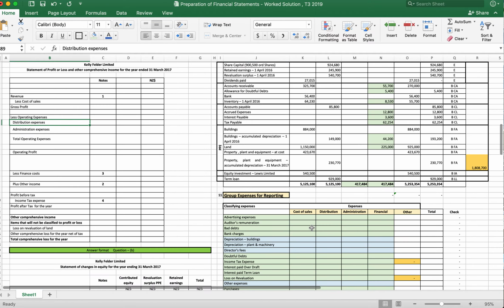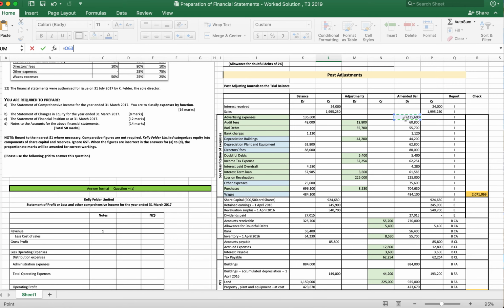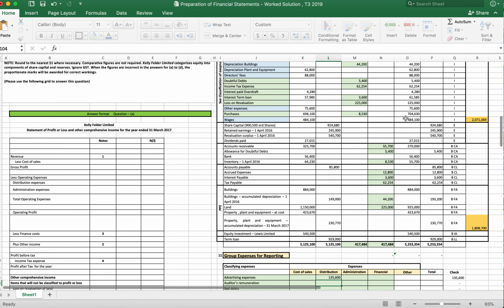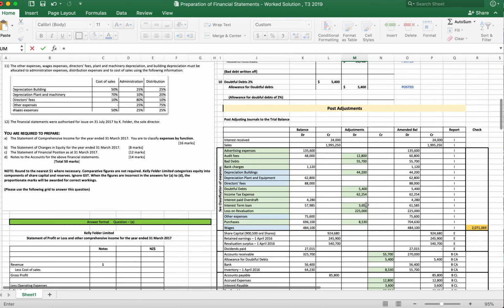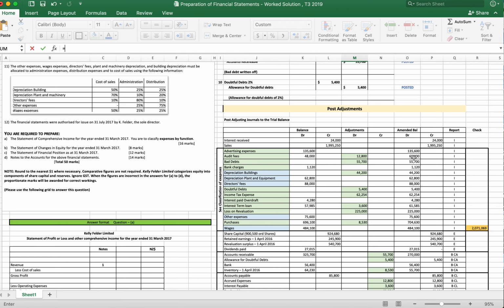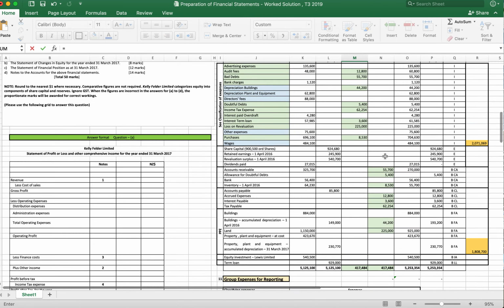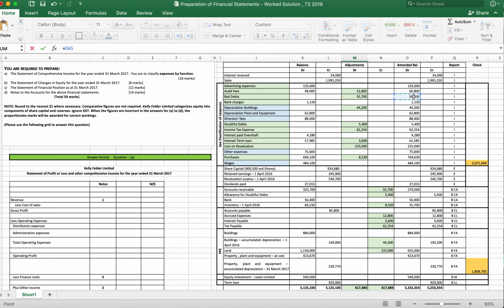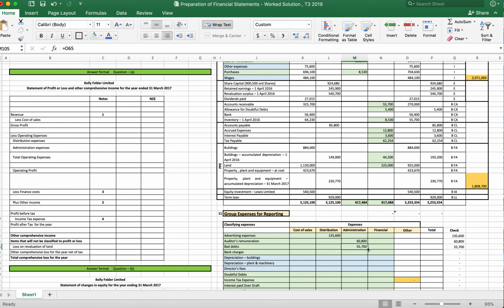So advertising is a distribution cost. Okay, so I can pick that up there. Okay, audit fees is an administration cost. We can pick that one up there. Okay, bad debts is an administration cost. Okay, bank charges, the same. If I just copy that down, that should work. Depreciation building